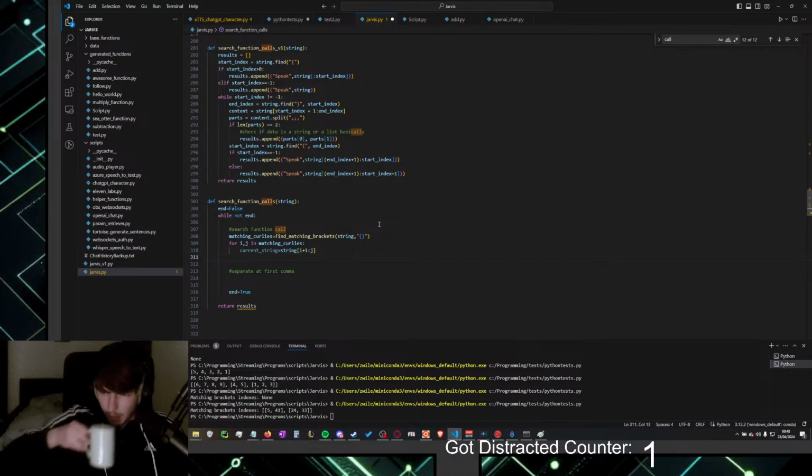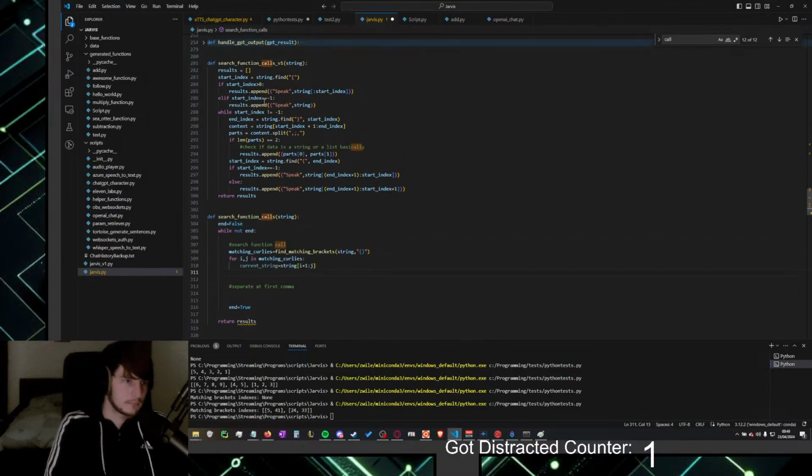Now, we want to find the first comma and take everything before that and call that function. Wait, does the find thing not just do that? I think that works, right?